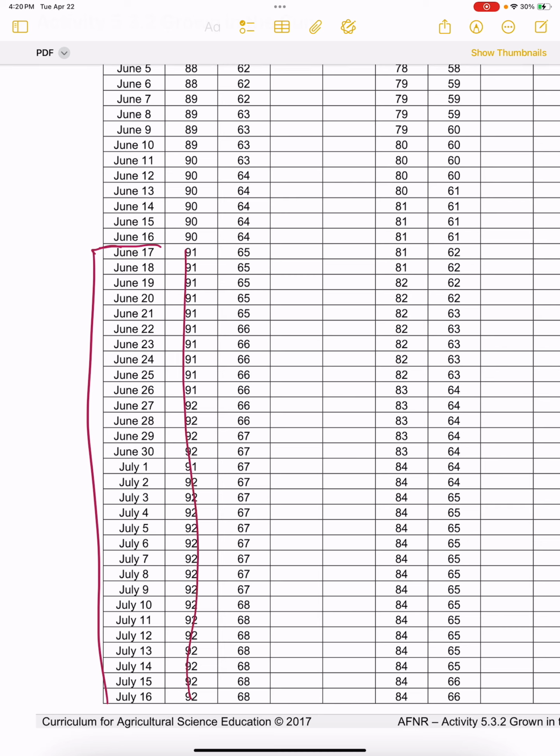So these are now all just going to be 90. Anything that's above 91 degrees is only going to be 90. So what that means is that that plant is not going to mature any faster if the temperature is above